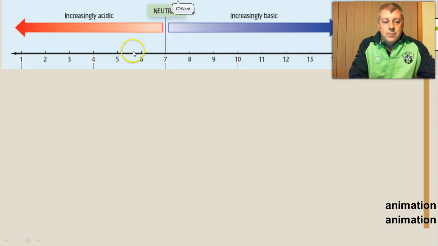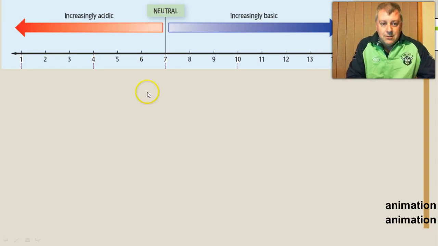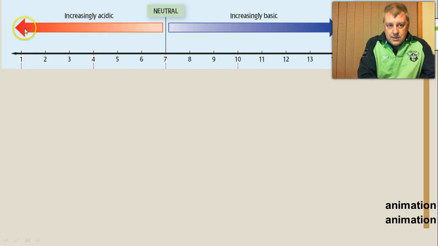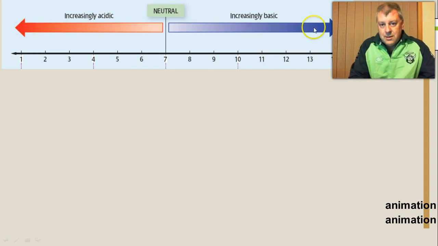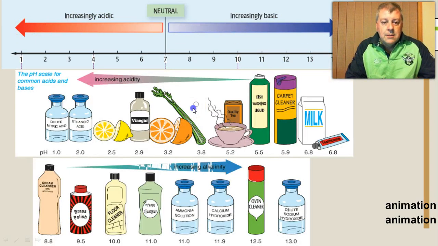So here's neutral, here's our 1 to 14. Hopefully my face isn't in the way. This is increasingly acidic, this is increasingly basic. Some things that have... Now this top one is the acids, so 7's here, and as we go through to more acidic,